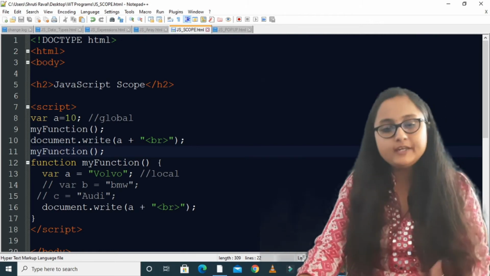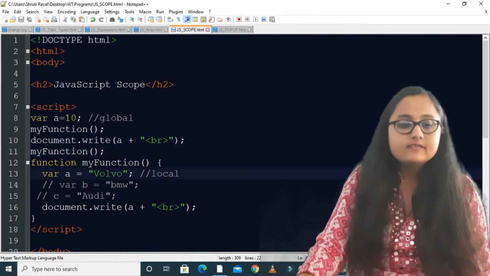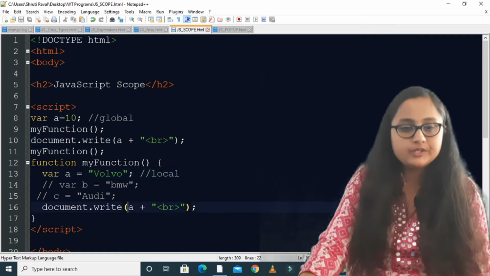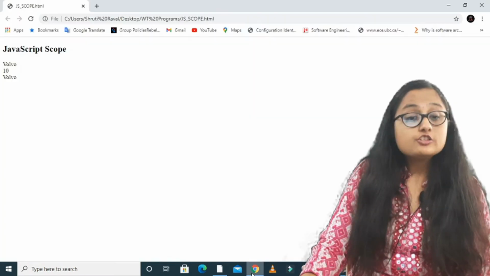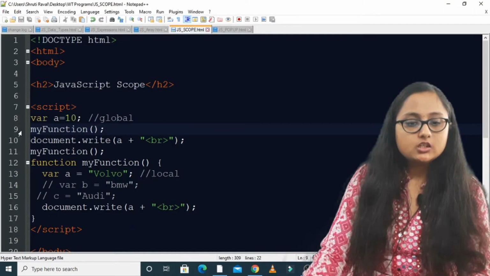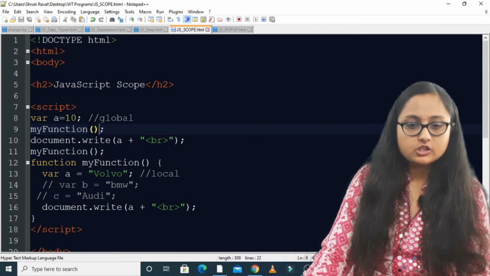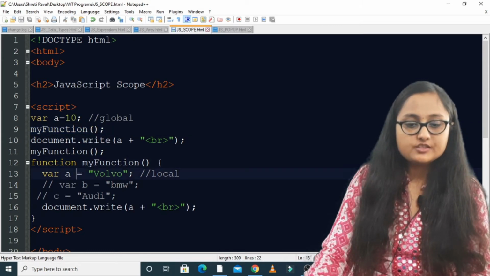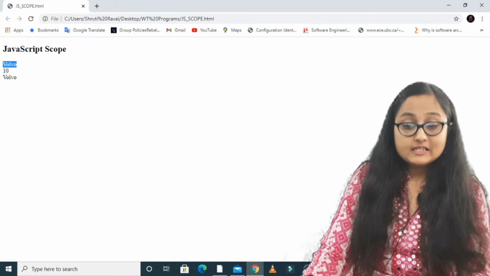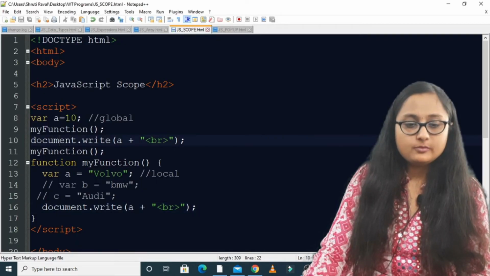Again what will happen, the control will go over here, this a will be assigned the value Volvo, and here which value will be printed? Volvo will be printed. Now you can see over here that the first statement was my function, so the control went over here and what was displayed? Volvo was displayed, right? The second statement was document.write a.